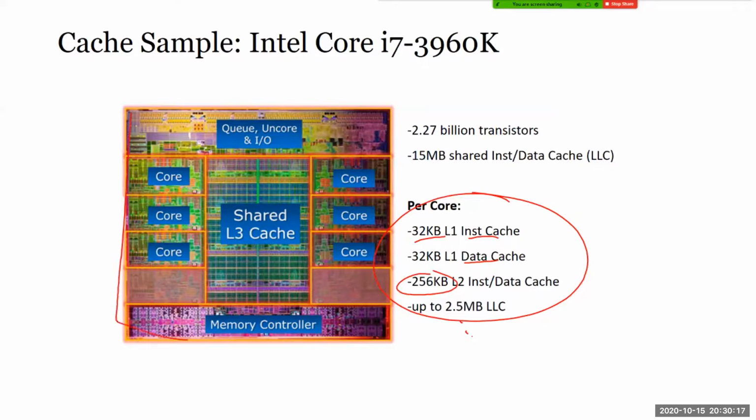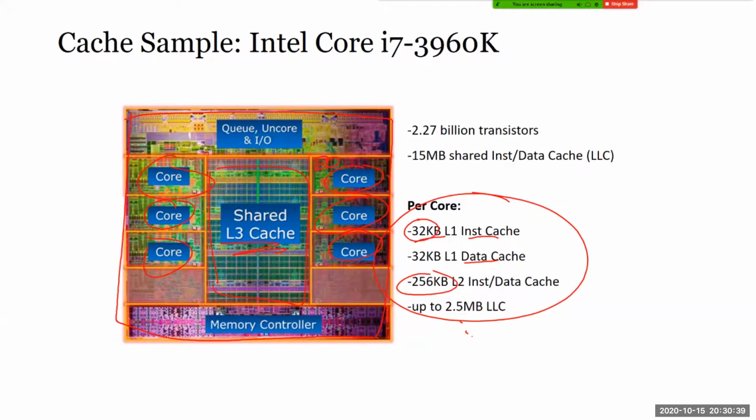If you look at this CPU, you see it has 6 cores. Here you have L3 cache, which is shared between all the cores. Your L1 and L2 cache sit inside each core; each core has its own cache. Then the memory controller and all that.